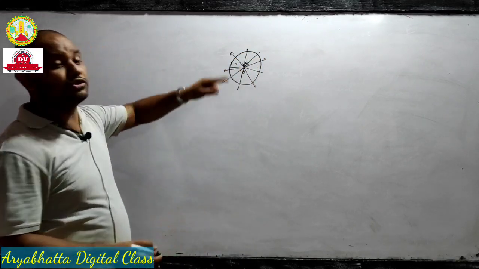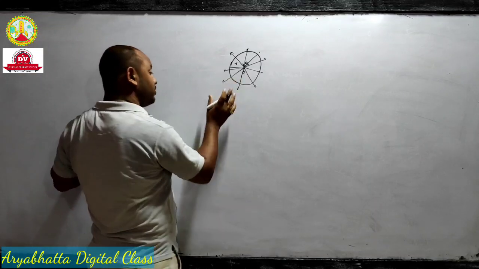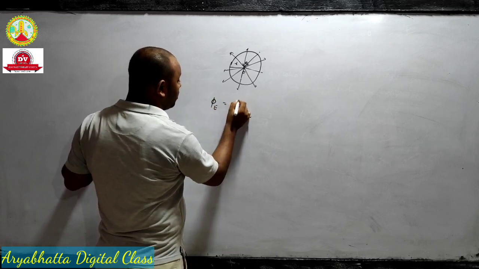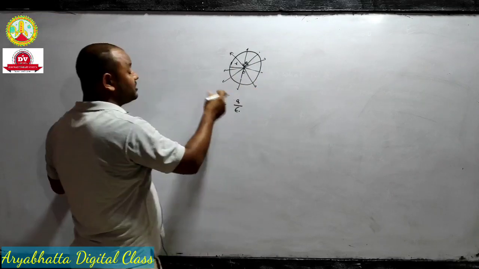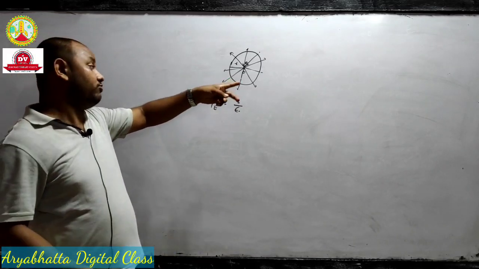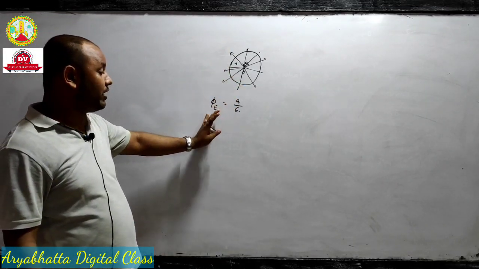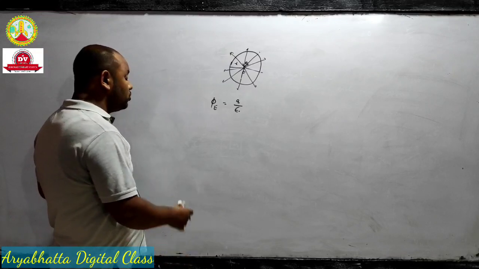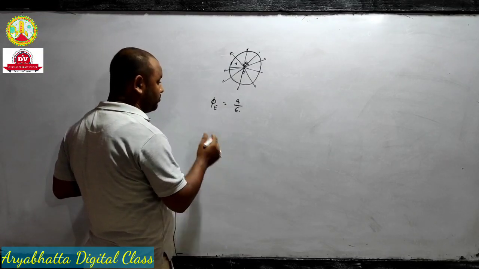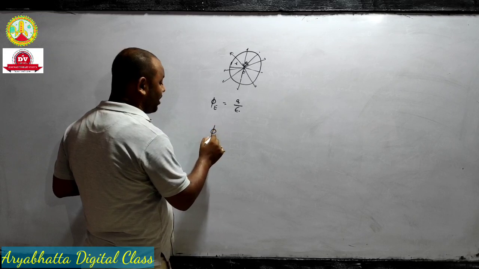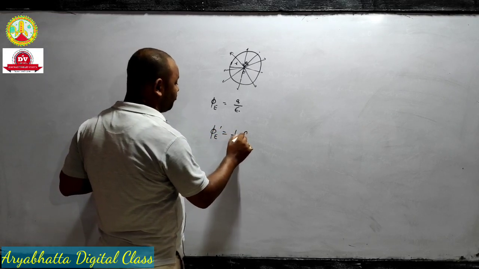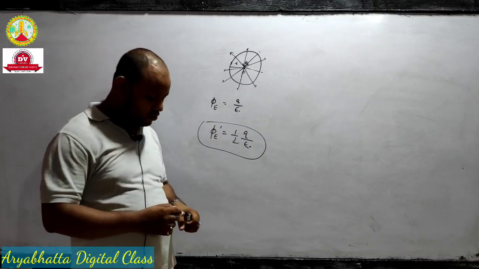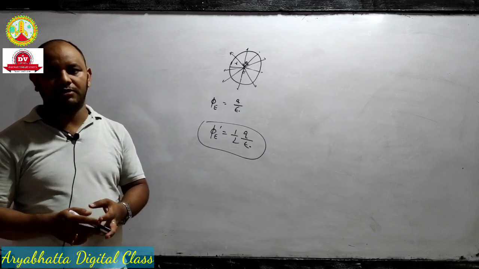If you are considering the full sphere, what will be the flux through the full sphere? The flux through the sphere will be phi equal to Q by epsilon naught, because this sphere is enclosing charge Q. So what is the value of flux through the hemisphere? The flux through the hemisphere phi E dash will be half of Q by epsilon naught. Okay, in the next class we will do some more numericals.